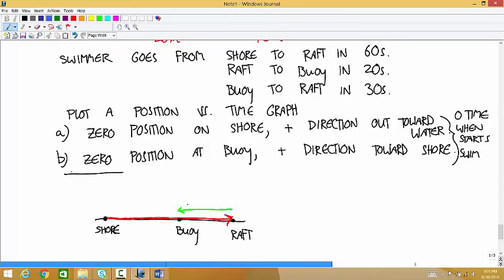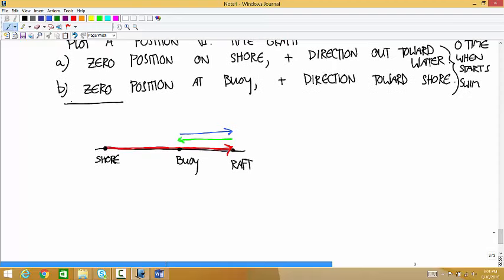And then the last thing is from the buoy to the raft. So now that we've symbolically shown what the motion looks like, now we can go to this same thing and start to define what